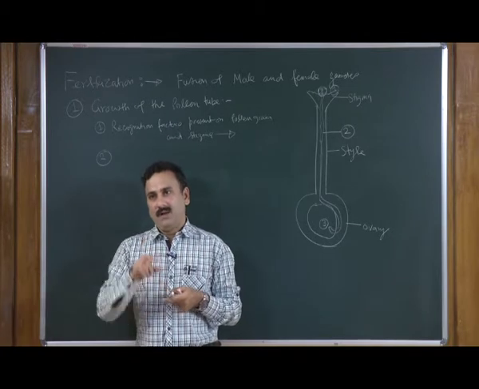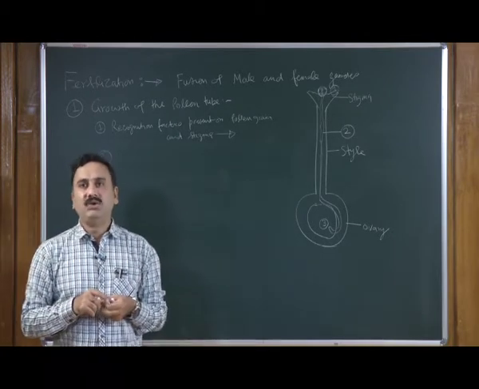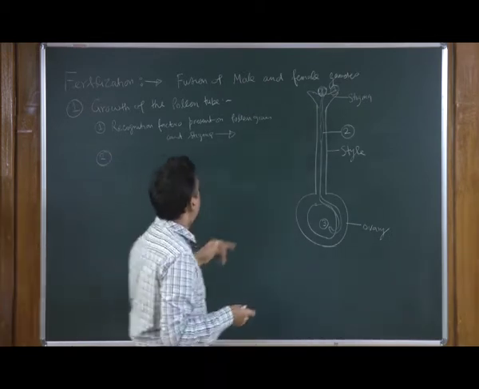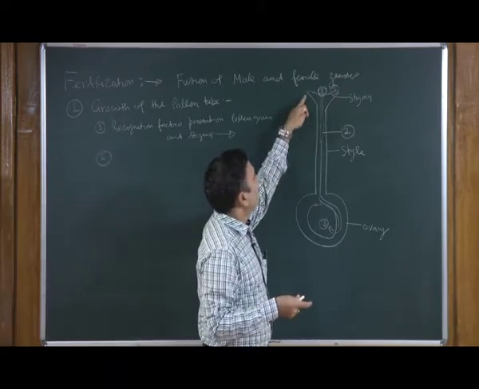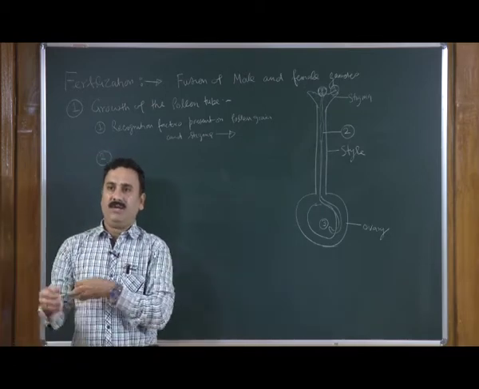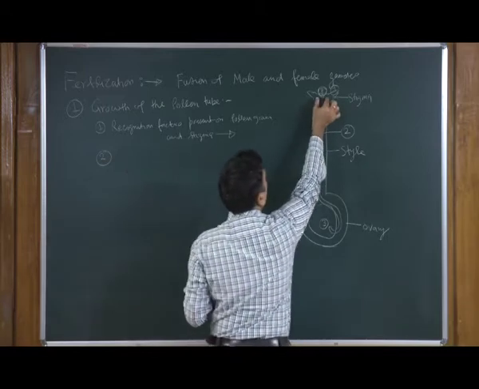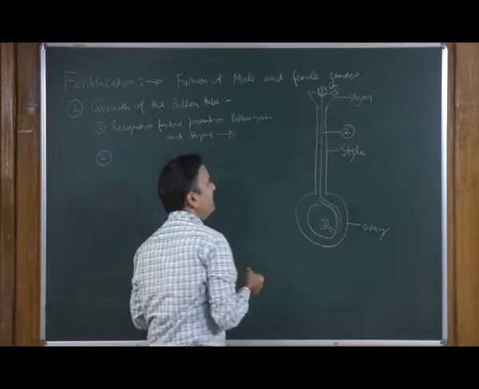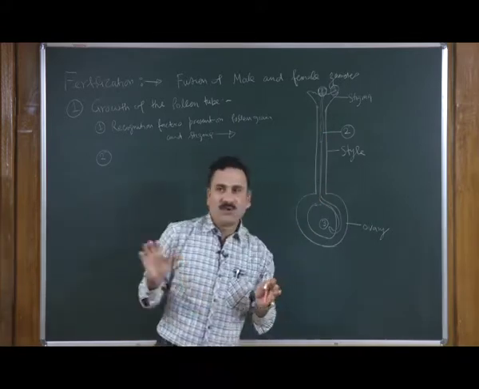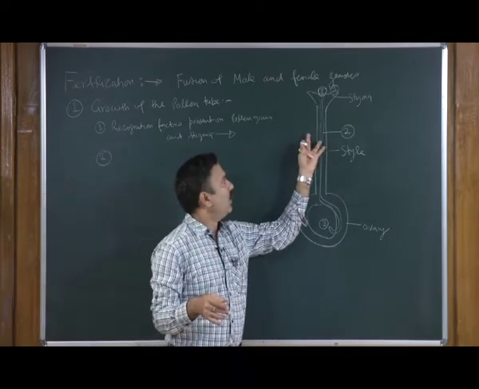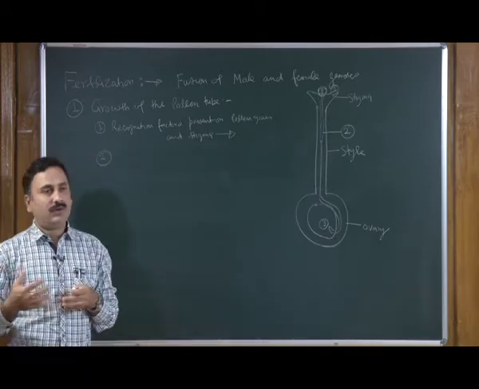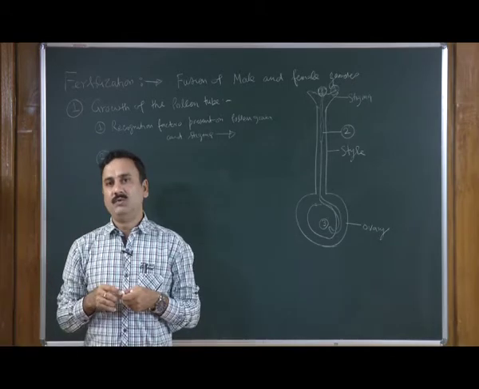And in this process, the pollen grain requires nutrition. So, it takes up the nutrition from the stigma, and in this process it also stimulates the metabolic activity within the pollen grain to produce the enzyme. Because this particular portion of the stigma has to be degraded, so that the pollen tube can travel throughout the style. In most of the plants, the style part is hollow, but the top portion has a mass. So, that has to be degraded so that it makes a path for the pollen tube to grow.